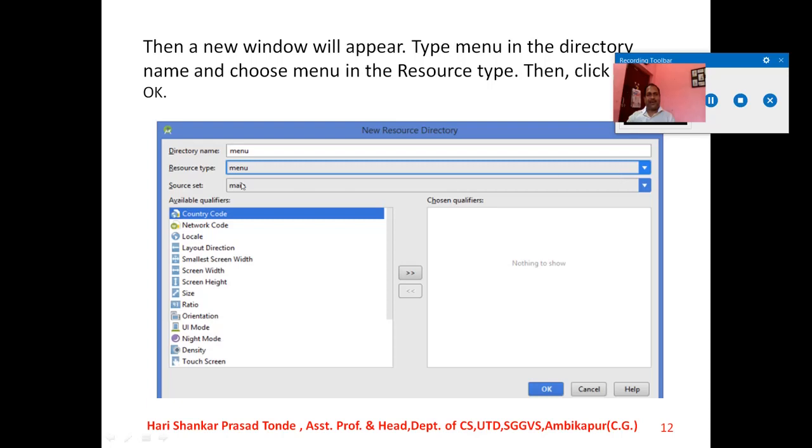You have to choose the menu one, and for the source set you choose main. Afterwards the country code and many other options are available in this list box. You click the chosen one, then click the OK button.